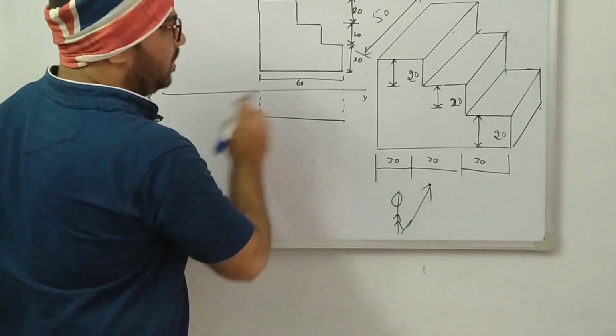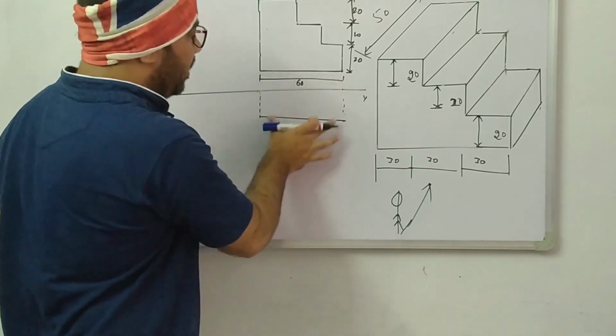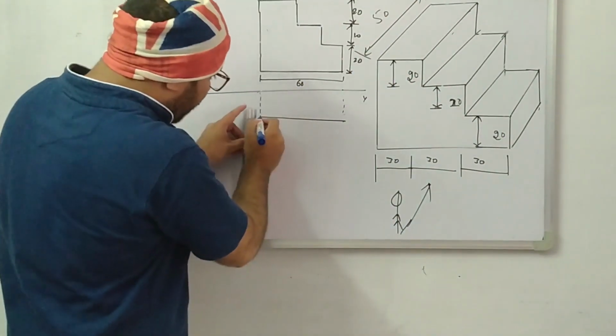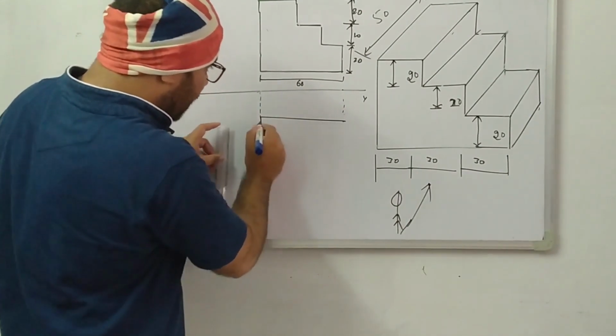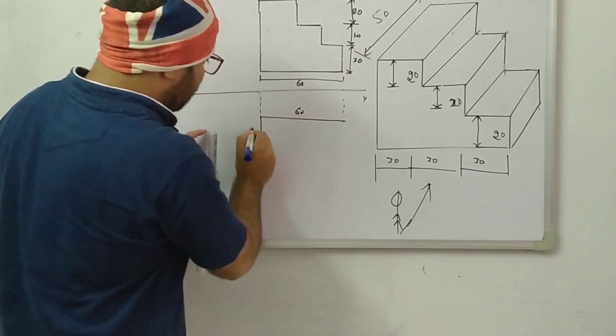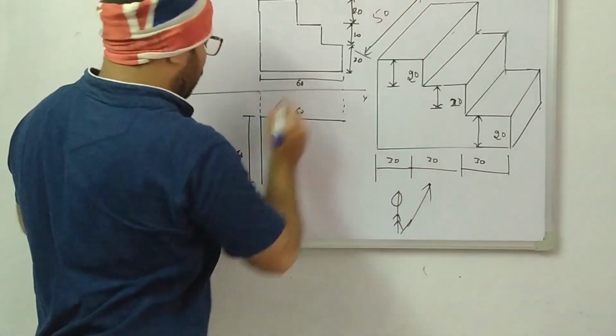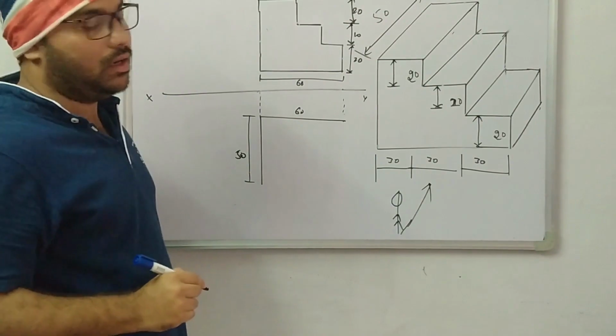Don't project the width here. So length is here already. It is matching with this top view. And what is the width? The width should be drawn every time downwards only. So what is this length? This is the 60, and this is how much? This is 50. The width is mentioned. The total width. Okay, now we completed.